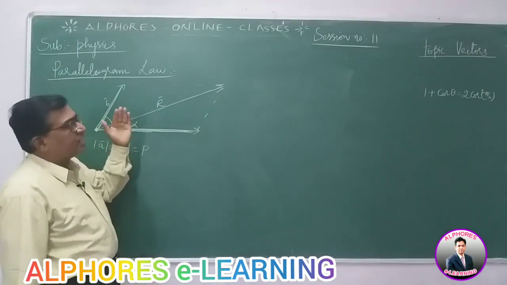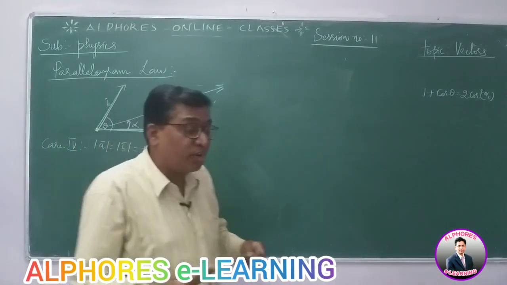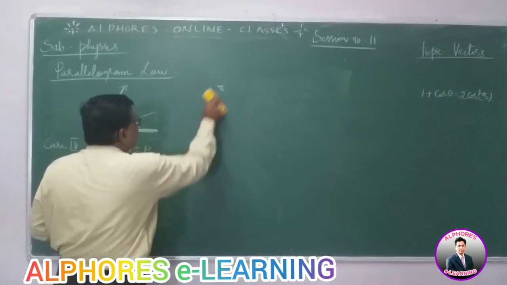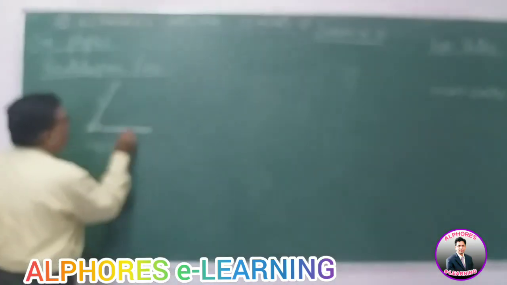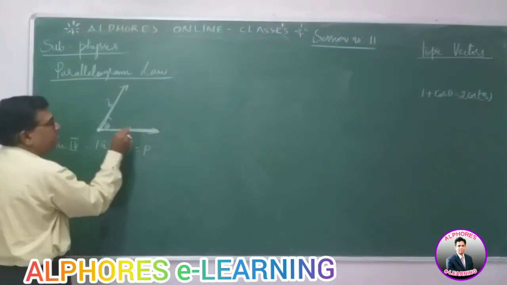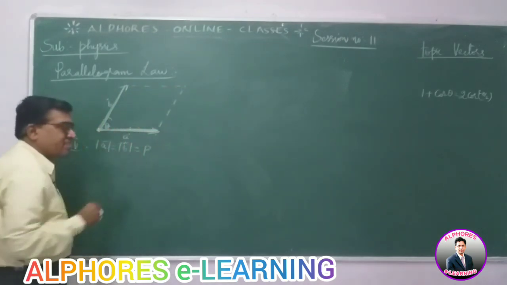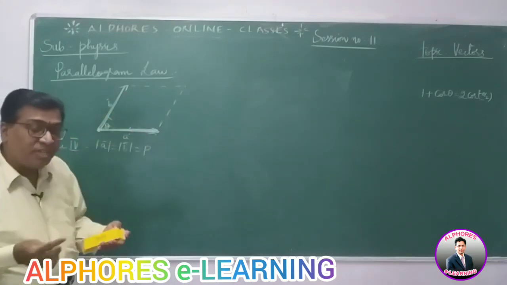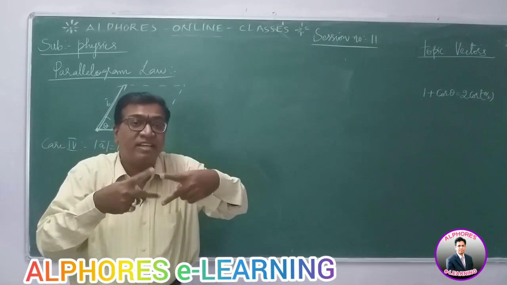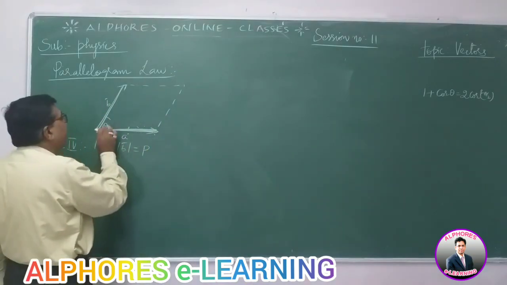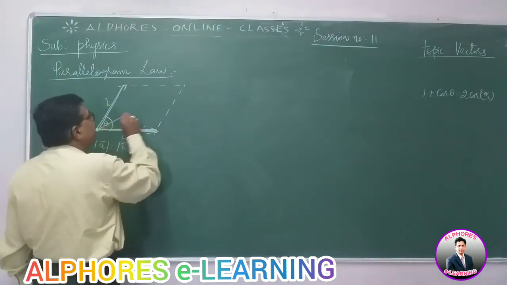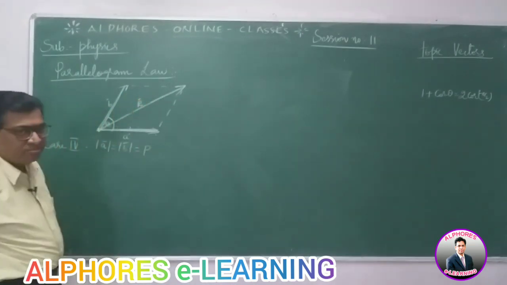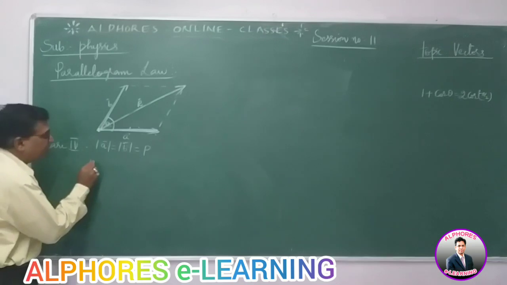If there are two vectors of same magnitude, what do we mean by same magnitude? In this parallelogram, the two vectors A bar and B bar both are of same magnitude. So if I complete it like this, it is a rhombus. All the sides are equal. In a parallelogram where all sides are equal, it's a rhombus. Now the angle between them is theta. This is the diagonal. The diagonal represents the resultant. Now, what is the magnitude of the resultant?